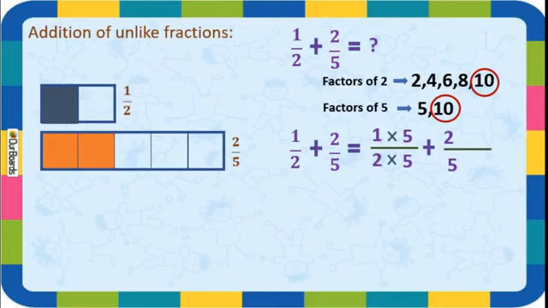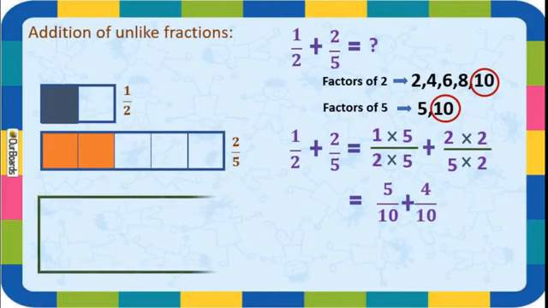Now move to the factors of 5. Here you know that 5 2s are 10. Correct? So we will multiply both numerator and denominator by 2. Got this, students? Why I am multiplying this one by 2? Okay. Now again down you come. Now 5 1s are 5 here and 2 5s are 10. Okay. That is 5 upon 10 plus 2 2s are 4, 4 upon 10. Isn't it? Now dear students, see, now we got the same denominator.